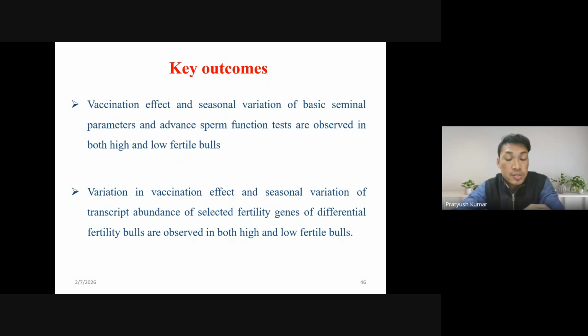In India, without vaccination, in this type of tropical condition, vaccination is mandatory in all bull semen stations. So for at least 2 to 3 months, 60 days, we generally get poor quality semen. Two months of poor quality semen means a huge economic loss, because AI coverage is only 30 to 35% in the whole of India.